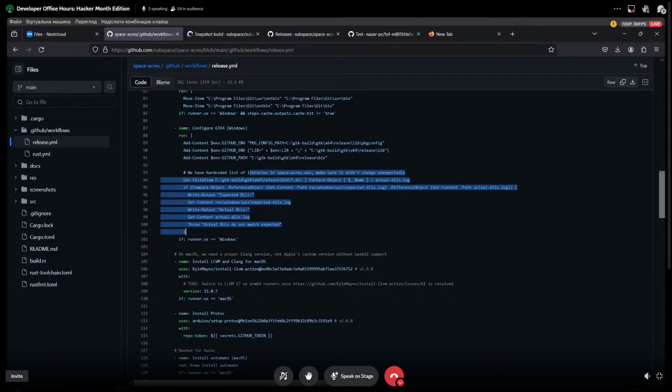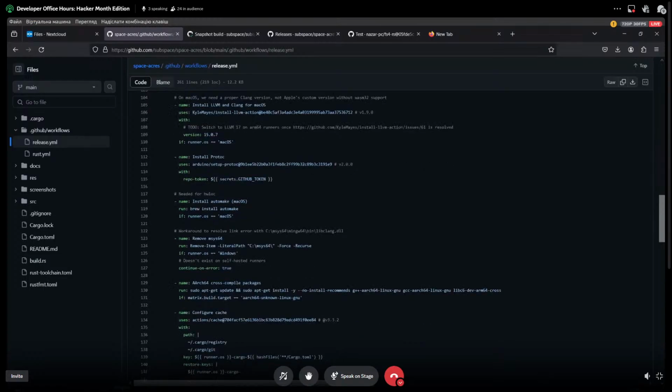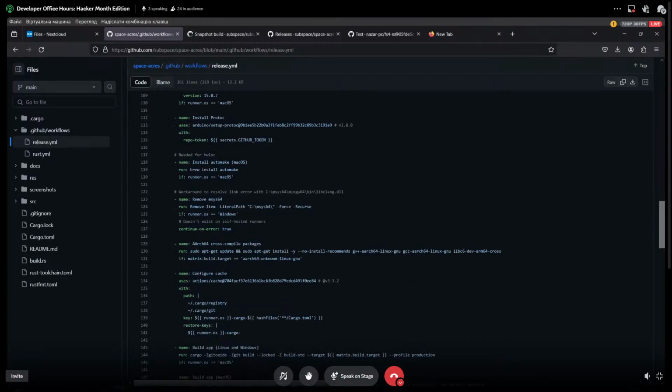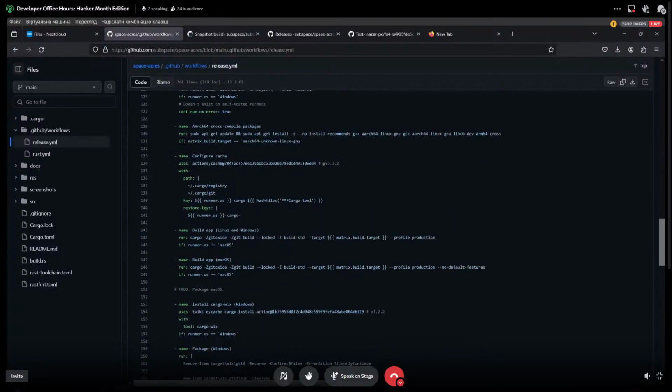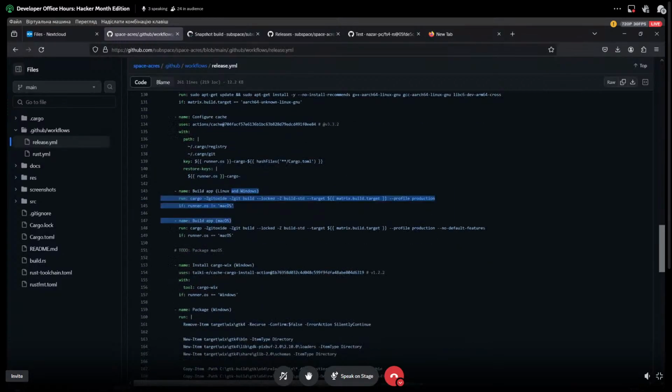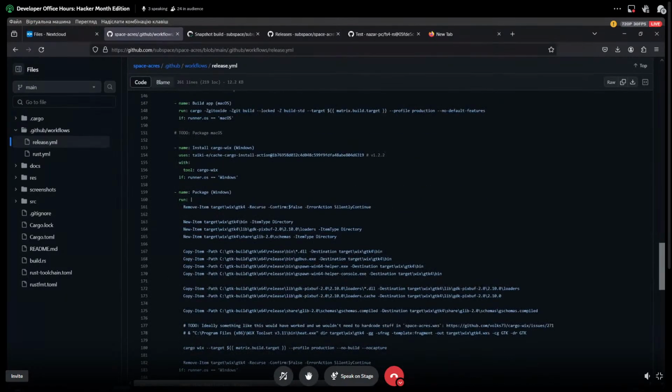And we verify that the libraries we expect are the same as what we actually have. We install LLVM and protoc and a few other dependencies. And then we compile the app, just in a fancier way. Cargo run basically does the same thing, but less optimized. Then for Windows specifically, we are using a tool called cargo-wix, which generates the package. And for that to happen, we have our